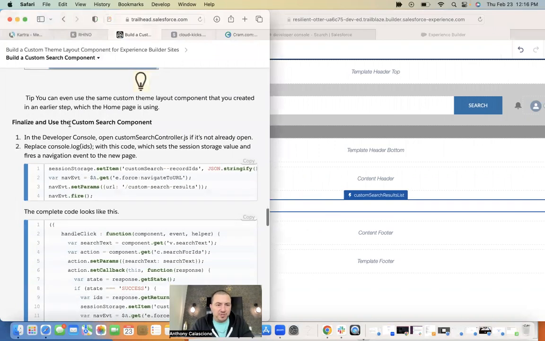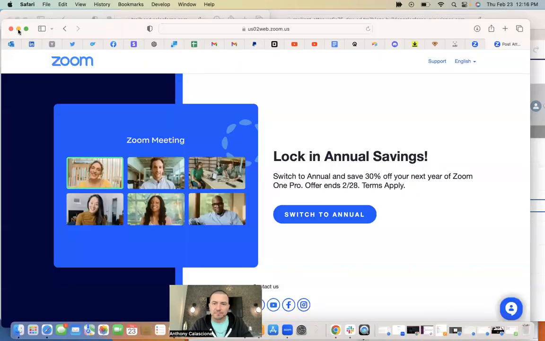Finalize and use the custom search component. Okay, great. So it had no components. Now we're going to do a component in the developer console, okay, let's get to the, now